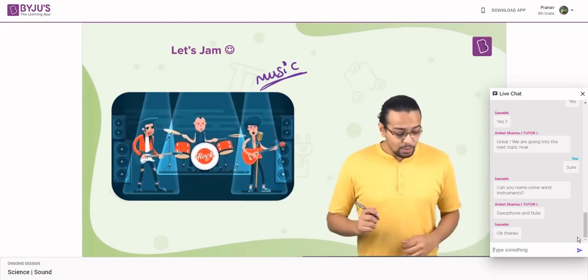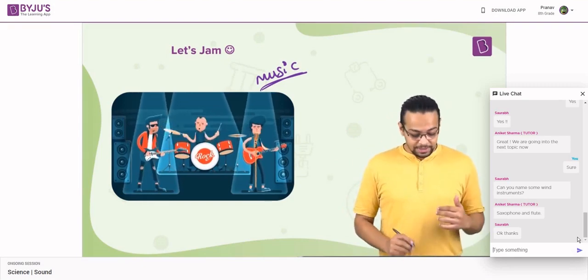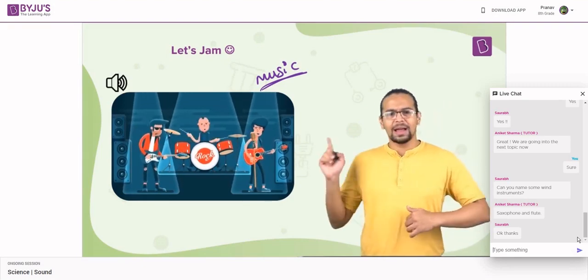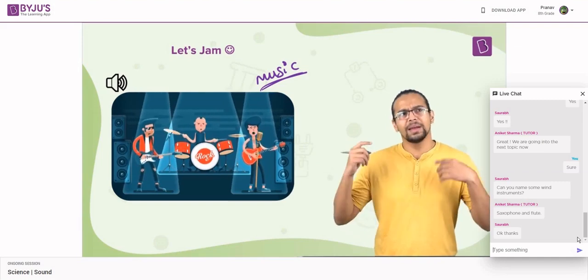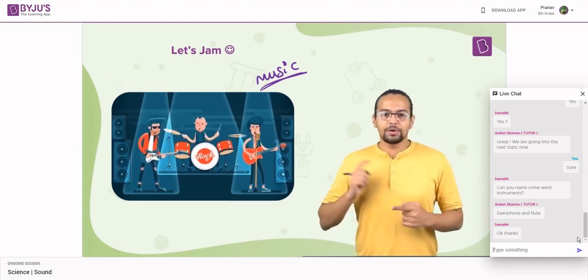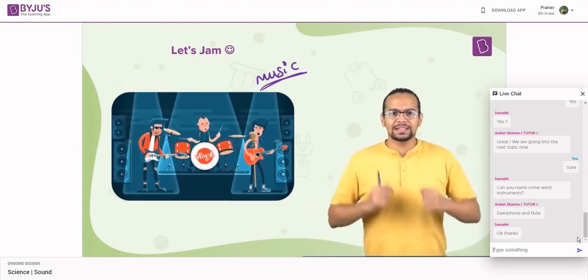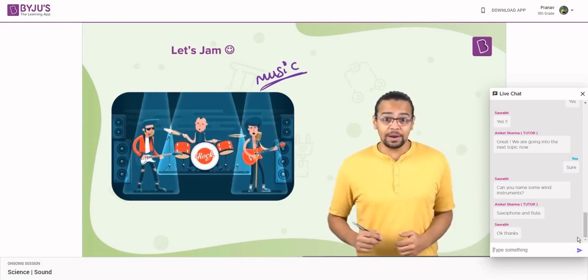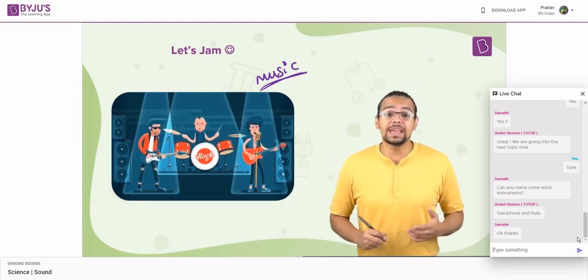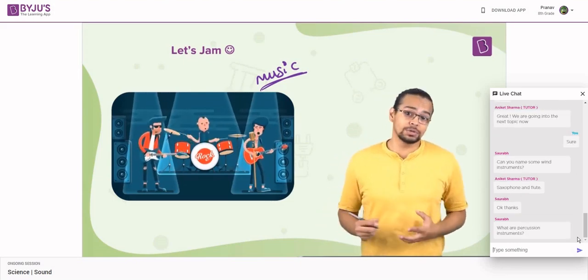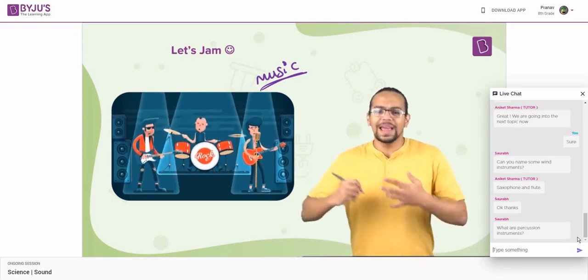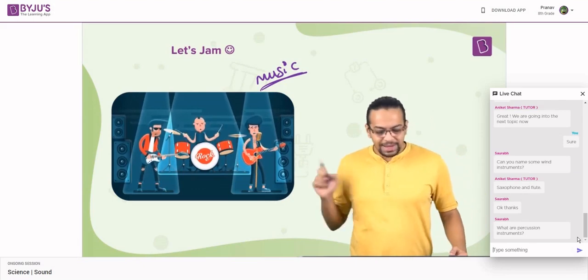As you can see here, we had drums. You know what, I'm going to go back a little. Okay. You could hear drums, you could hear some plates or metals clanging sounds, you could hear the guitar. Now, all of these individual things that produce sound are called sources of sound, or we call them musical instruments. Let's take a closer look at each of those, right?